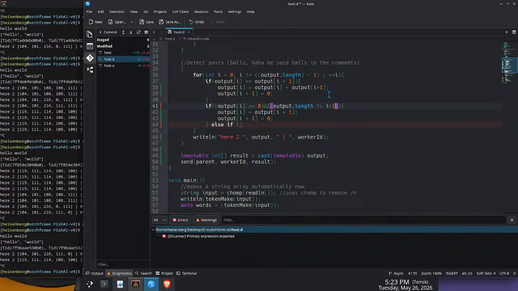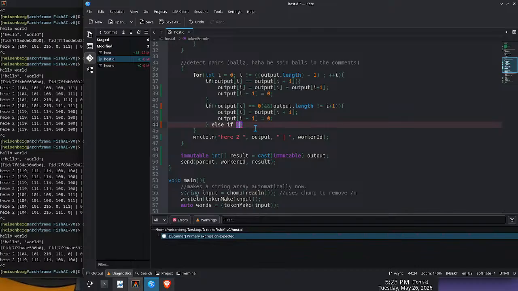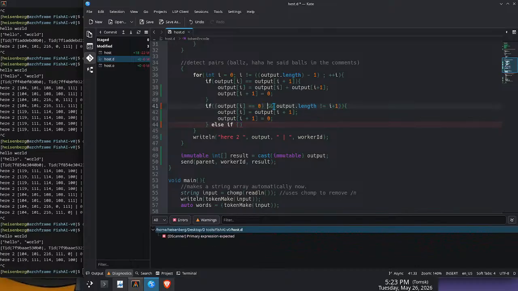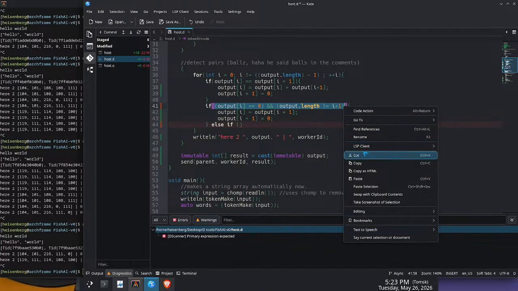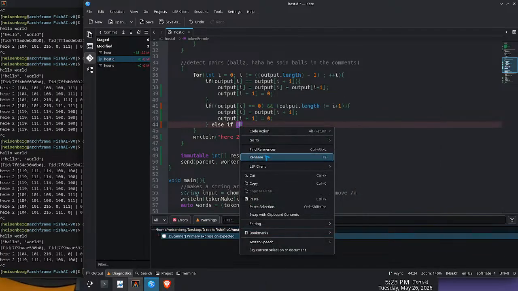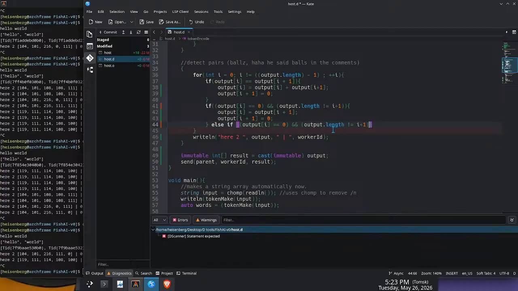So if we are not exceeding the count, this should handle that. But if that is true, then we should handle that as well in the other statement. So it should also be an AND statement. So then it does equal,